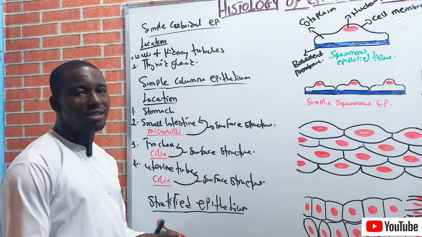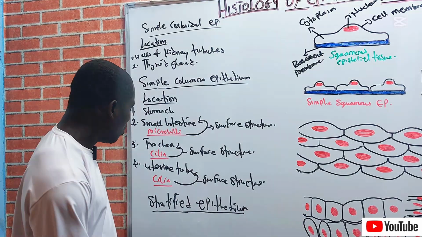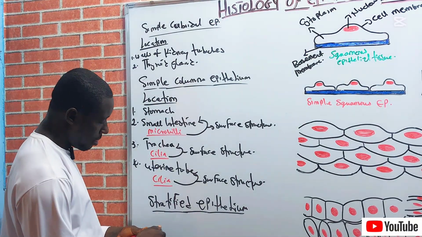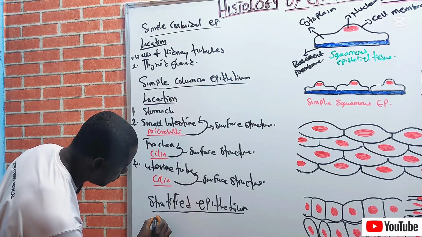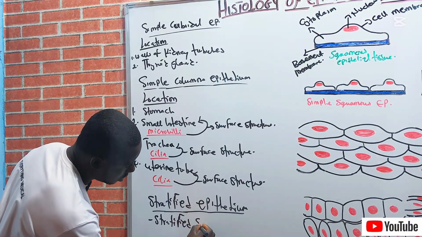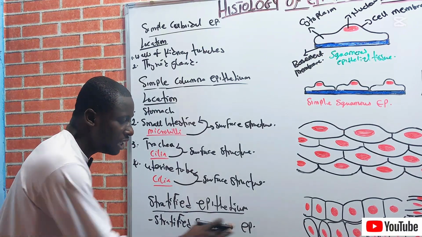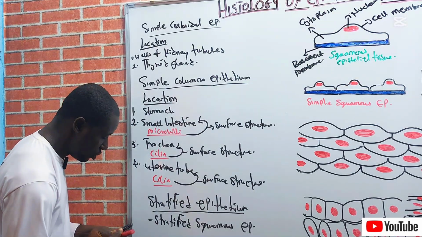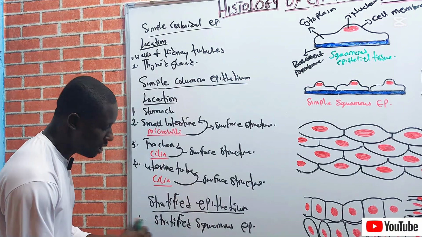Recall that stratified means several. So it's several layers of cells, while simple is a single layer. Now, stratified epithelium is classified according to the following. You have stratified squamous epithelium. Under stratified squamous epithelium, it is being classified into two. So this one should be one. Now, the subclassification of stratified squamous epithelium is